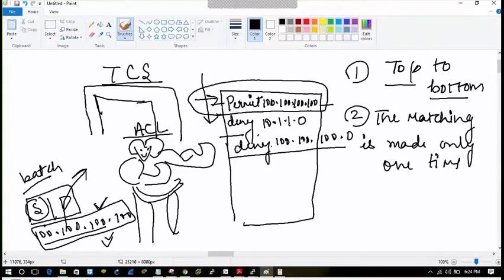And there is great importance to this top to bottom rule, because if this line had been above it, what would happen? It would have been denied.